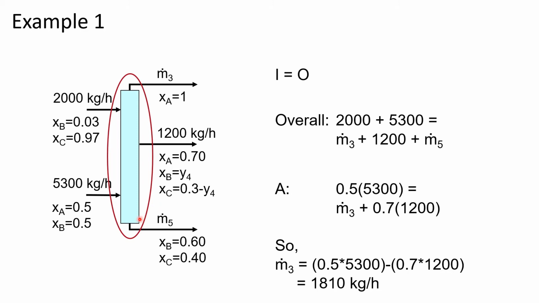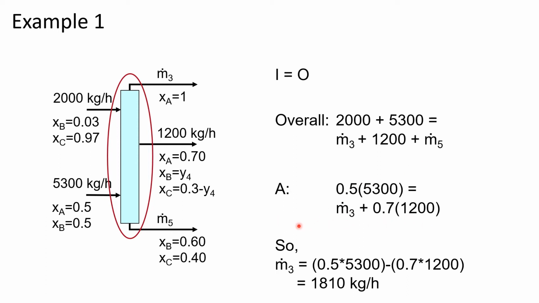And as we come back around, the very last stream that crosses our control volume is this feed at the bottom here, which has a flow rate of 5,300. We'll put that in on the left-hand side to sum with the other feed coming in. This is one equation that has two unknowns in it, m dot 3 and m dot 5. Since we can't solve for either of those right now, let's move on and look at a balance for component